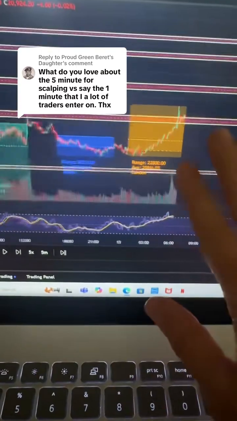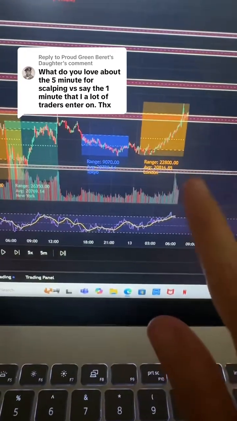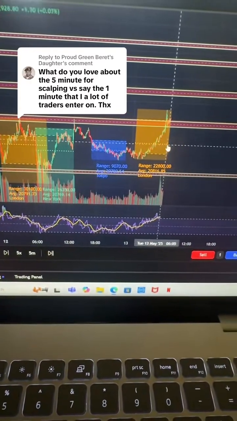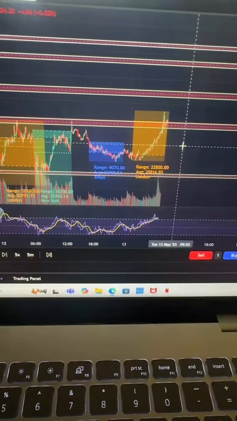This is a great question. So when it comes to trading the 1 minute versus the 5 minute versus the 15 minute, it's all relative. I did put it in replay mode just so not everyone freaks out. We are in replay mode. Okay, I'm going to show you though why I think it's important for the 5 minute and why it works